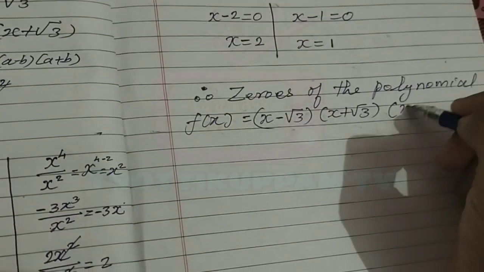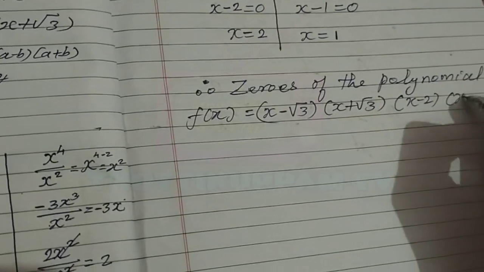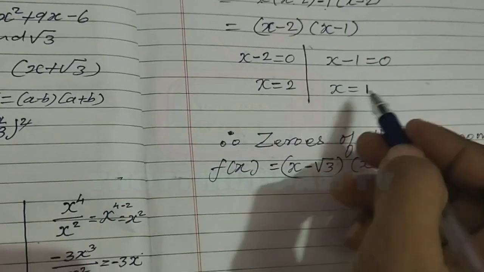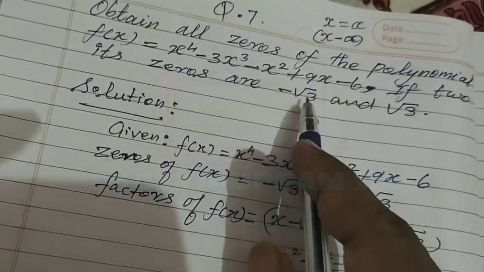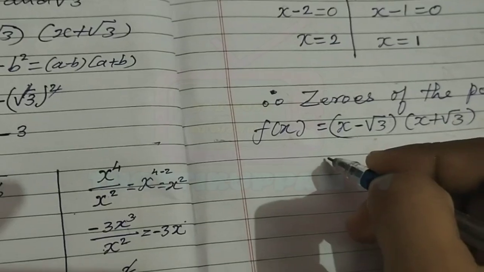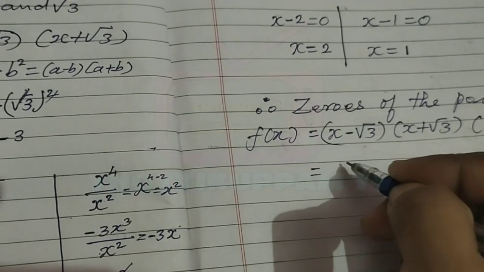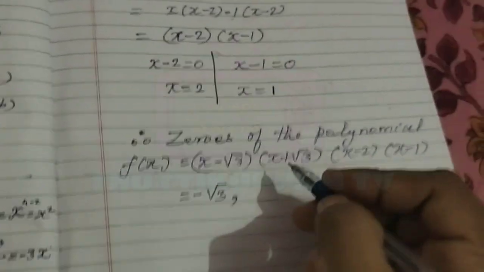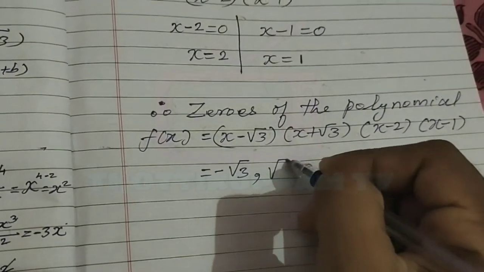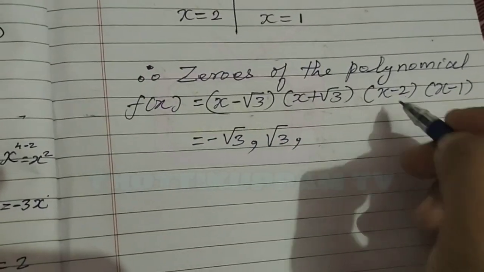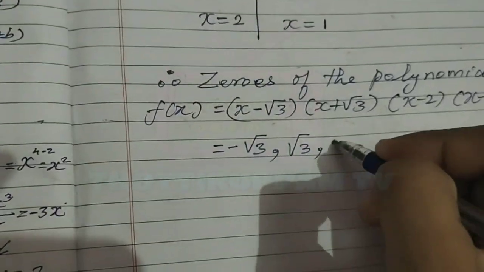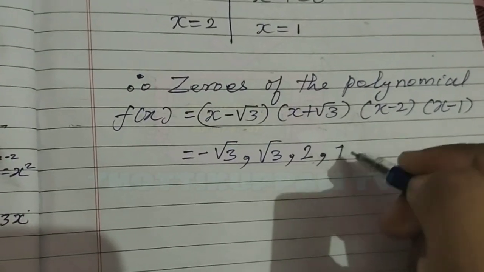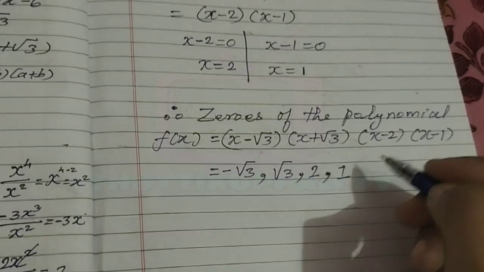Again what we got? X minus 2 into x minus 1 we got, no? We got the zeros like this, no? From here also the zeros are already given in the question. So we are going to write what we got. Here minus root 3, first zero. Second zero, plus root 3. Another zero, what we have converted here? Plus 2. Next, comma, plus 1 are the zeros of the polynomial,